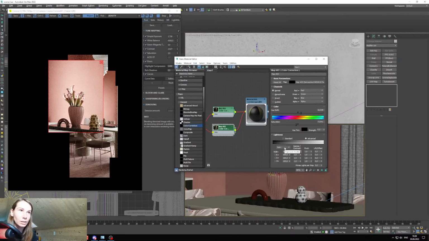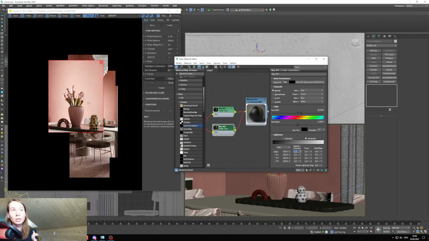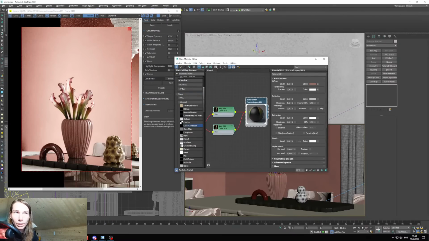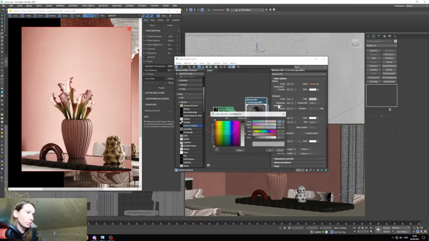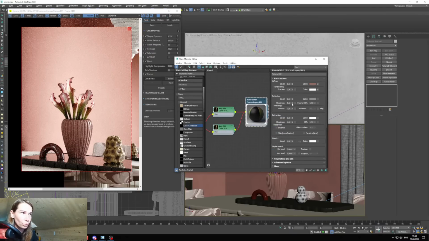Well, that's too much, and maybe I'll return saturation and it looks much better. Also probably we don't need that super strong reflection, so I'll reduce the color of reflection for it. Well, maybe a little more, and we can reduce the glossiness, because the flowers won't be super shiny, right? And also we can